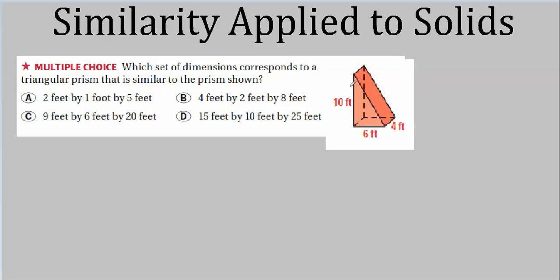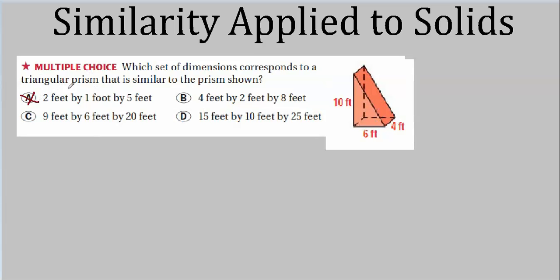That may not sound useful, but what it does is tell you which ones to check first. In other words, say over here, the largest one would have to be the multiple of 10, the smallest one would be the multiple of 4, and they have to all be the same multiple. So, if this is 5, that means we multiplied by 1/2 to get 10. And the bottom one, the smallest one, that's 1, we should have also multiplied 4 by 1/2. No. 1/2 of 4 is definitely not 1. 1/2 of 6 is not 2. So we can scratch this one out.